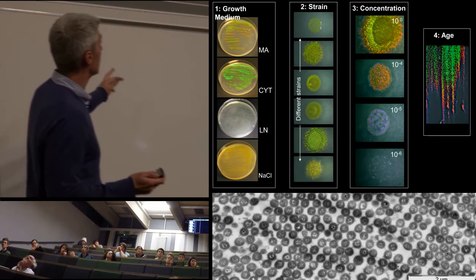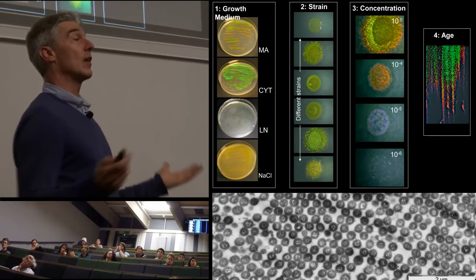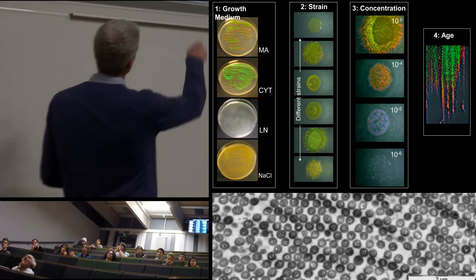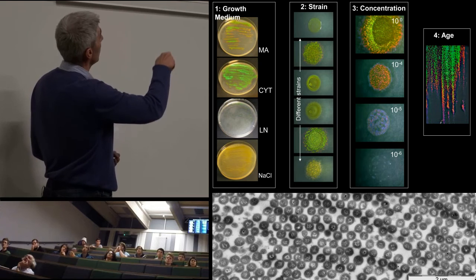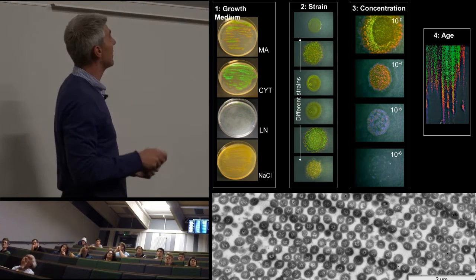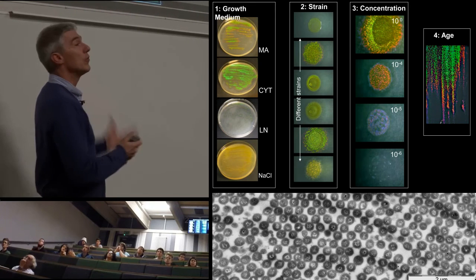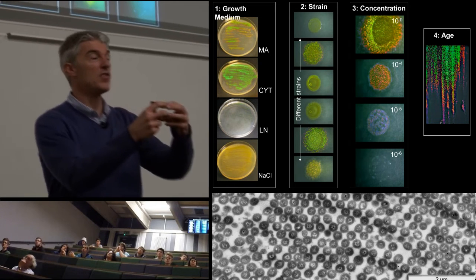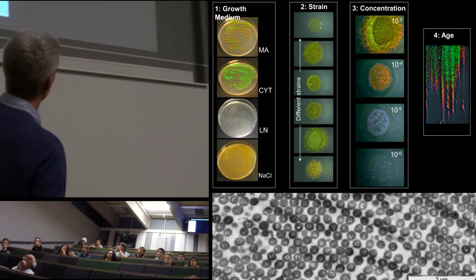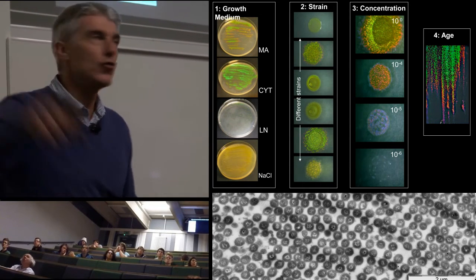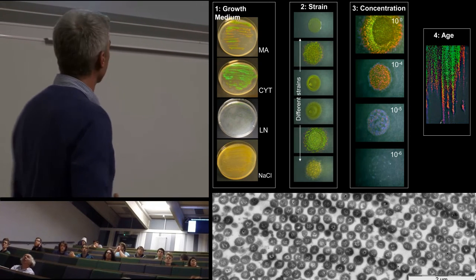Now I'm going to zip through this very quickly. We can change the colour. We have a little bit of leeway playing with the colour. We can change the growth medium or the strain, the concentration, or even the age, and that will affect the colour that is produced by this bacterial self-organisation. But now let's get on to a bit more fundamental physics. I'm going to do 2 more minutes and then stop.